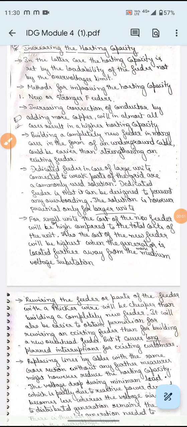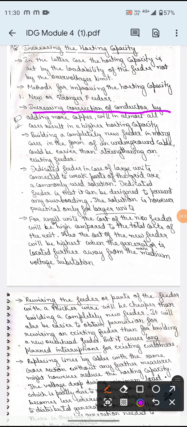The hosting capacity, methods for improving the hosting capacity. So here the first method is a new or stronger feeder. When we want to improve the hosting capacity, either we should use a new feeder or we should replace the feeders, right? So here first,